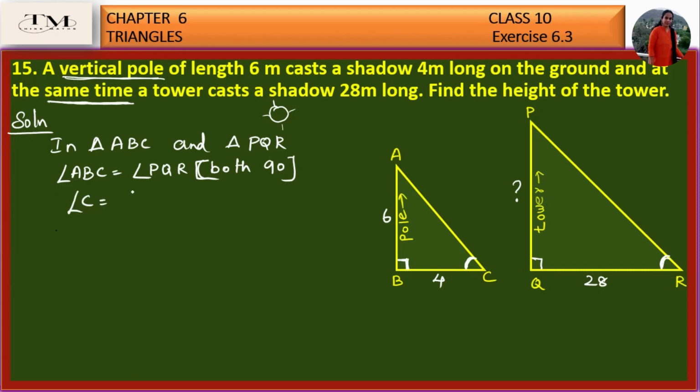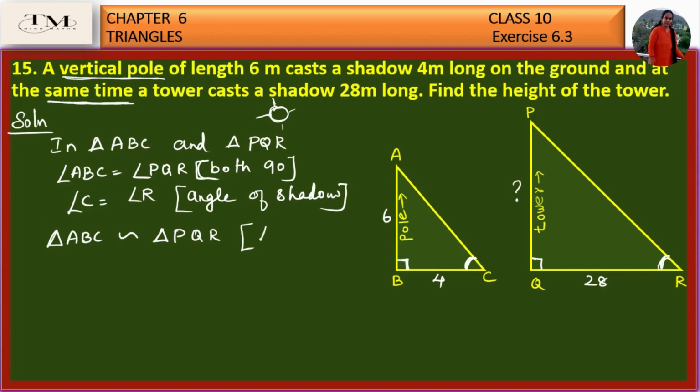Next, angle C will be equal to angle R. So this is because both the shadows are taken at the same time. So then the sun, which will be at the same place here, will cast a shadow with the same angle. So this angle C will be equal to angle R. The shadow will make an angle which is equal. Okay, so angle C will be equal to angle R. So what happens? We got two corresponding angles equal. Then we can say triangle ABC similar to triangle PQR